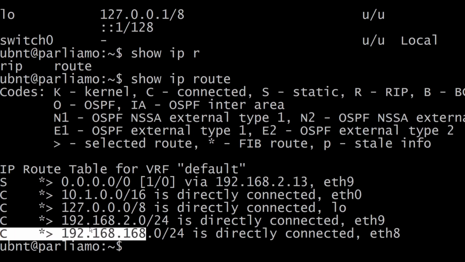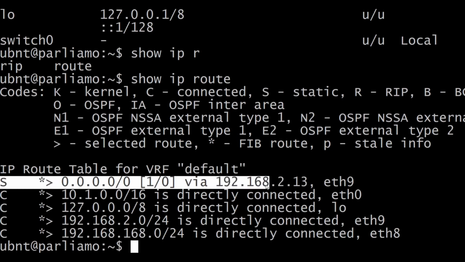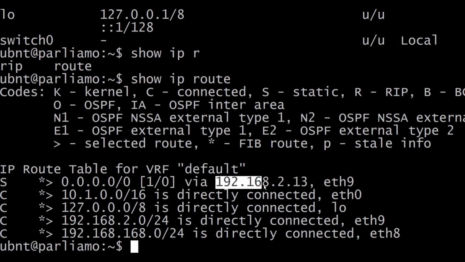That particular one that I've highlighted happens to be the local host entry, but the others are the three that go out to the three networks that are connected to the interfaces. And then you can see that there is a single static entry there, and that is the one that, again, deals with the default gateway. So if this router receives anything that is not intended for these known addresses, then it will send it out to that particular address, which it happens to know is connected to Ethernet 9. So only a single static route.